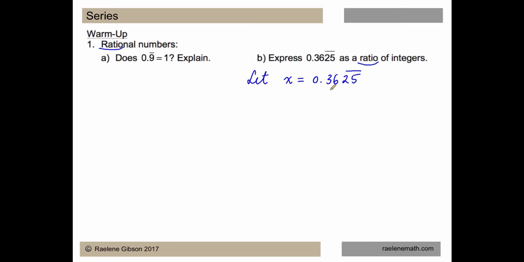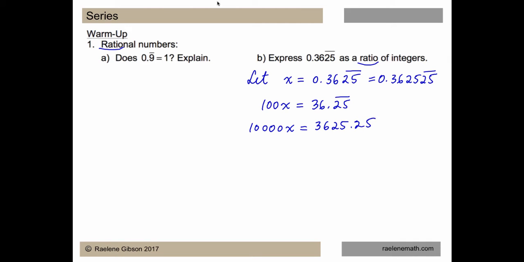And this is an interesting one because the repeat doesn't begin immediately after the decimal place. So the first thing we're going to do is telescope this by multiplying both sides of the equation by 100, which will isolate the repeated part of the decimal after the decimal point. And then ideally, when we're telescoping, we want to subtract something so that all of the infinite parts disappear. So if we multiply by another 100, we will still have a 0.25 after the decimal point because this 0.25 is really repeating again. So we have another 100 multiplied by this, so we get 10,000x is equal to